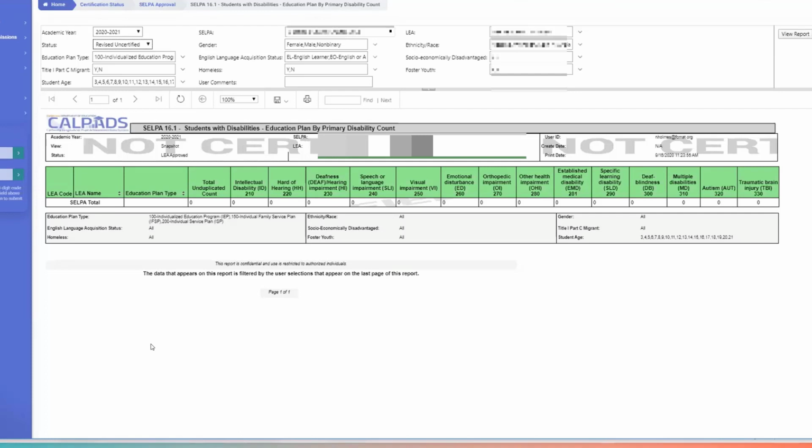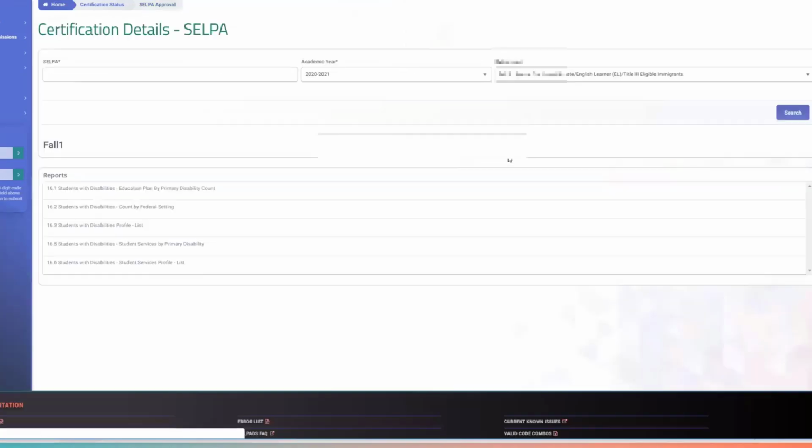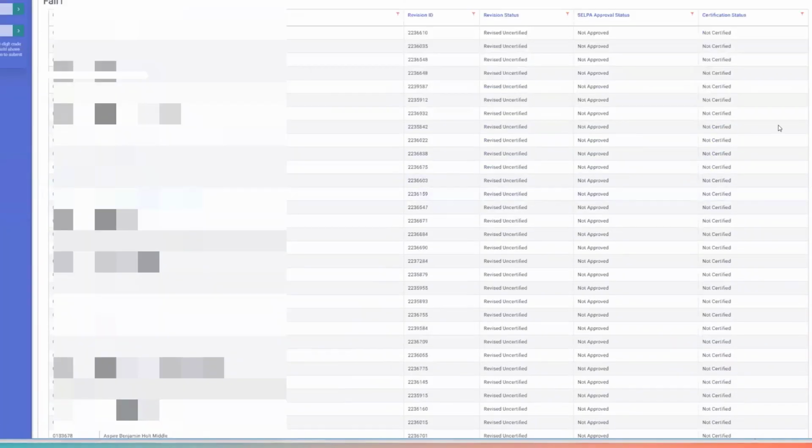But you know, this is what the SELPA would be looking at. They'd have to run each report for each LEA, and I don't know how many different LEAs they have to look at, but that would be the requirement. And then hopefully this doesn't take long. Because we have a state account, we can't show you. There's also 2 more fields